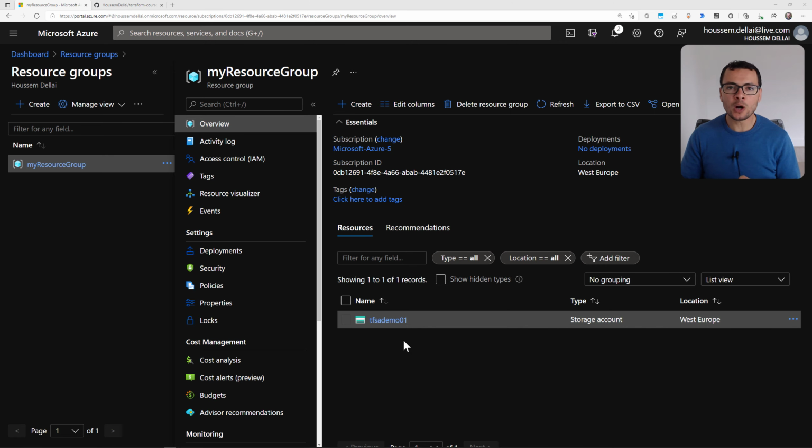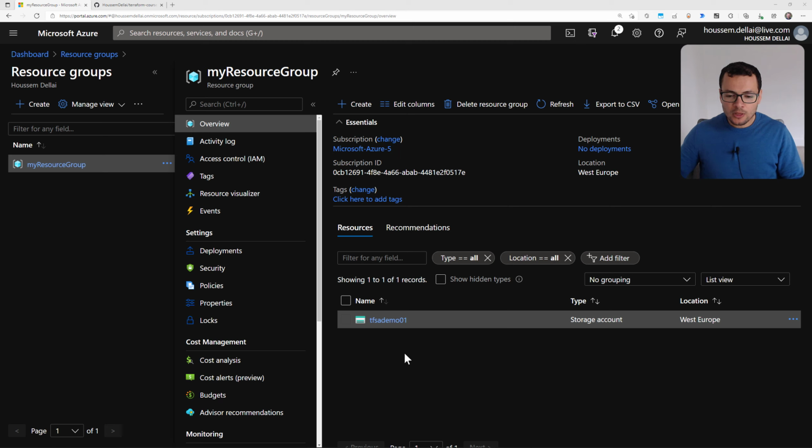Let's learn in this demo how to import existing resources from Azure into the Terraform configuration files. In this demo, I have a resource group and I have also a storage account that were created either using the Azure portal or the command line or any other infra as code tools. Here in this demo, I want to import these resources into my Terraform configuration files so that I can manage all of my resources in Azure using one tool that is going to be Terraform. So let's see how that works.